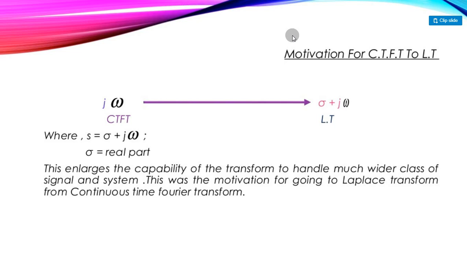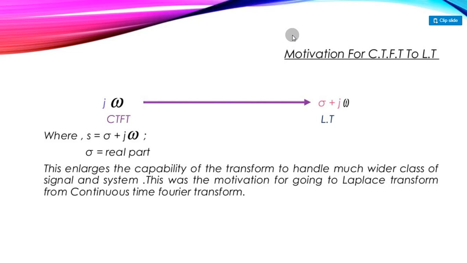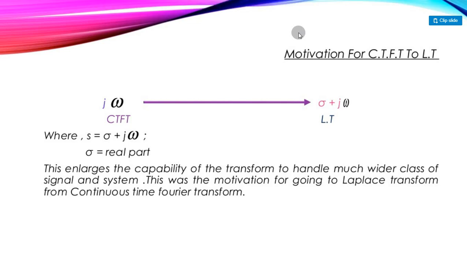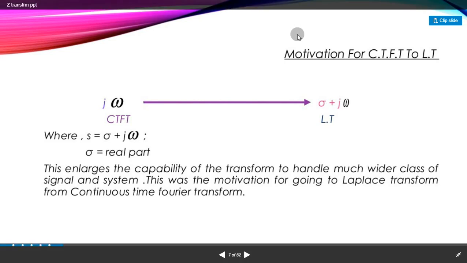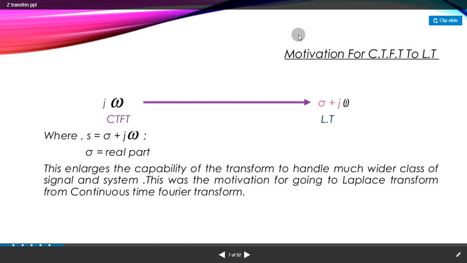Okay, so by adding that part, the whole motivation behind going from continuous time Fourier transform to Laplace transform is to have a conjugate symmetry. Using that conjugate symmetry, by doing the average, we can easily determine the total energy of that specific signal and the system also. We are going to discuss this much more deeply in this lecture.